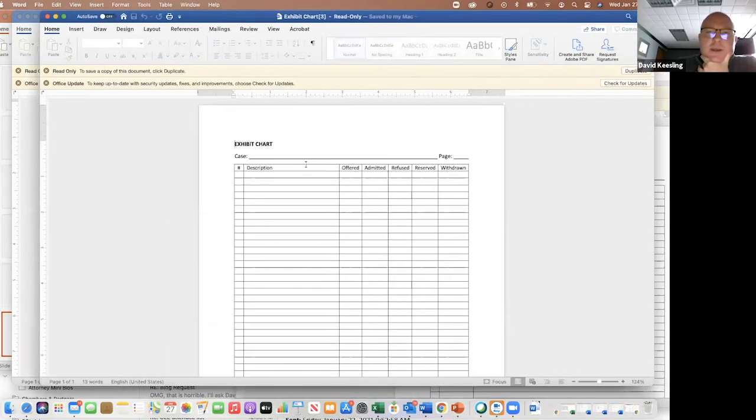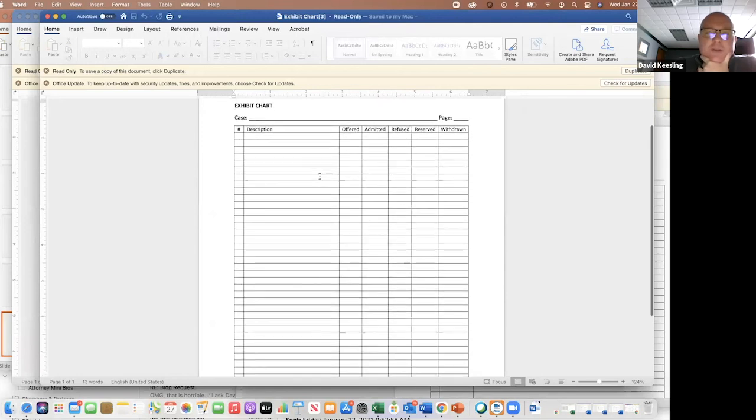So for courtroom management of these documents, we use a trial software that creates virtually this same kind of document, but you can take this document, you can use it to manage your documents. So if you have a second chair or a third chair, and if not in the first chair, you can still do it. The exhibit number in the left-hand column, a description of that exhibit, executed contract on December 12th